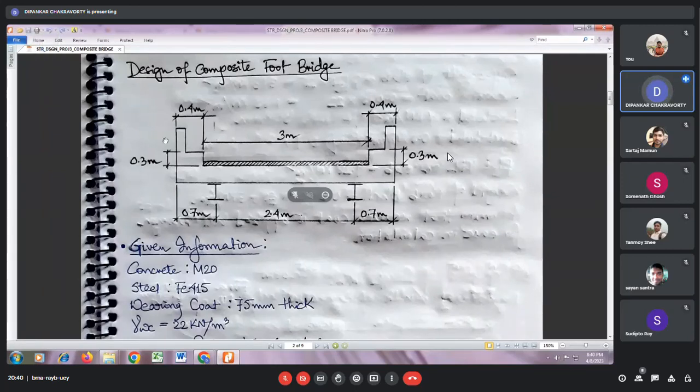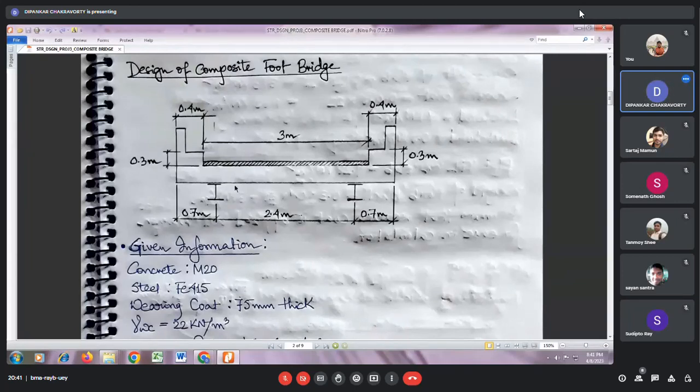So these are the railings or the crash barriers, as I told you. This 300 mm into 400 mm is the curb block. The clear carriageway width is 3 meter, and you have the wearing coat on the carriageway. This is the concrete deck supported on 2 steel girders. It may be any number depending on the width, and the girders are deliberately not placed at the ends